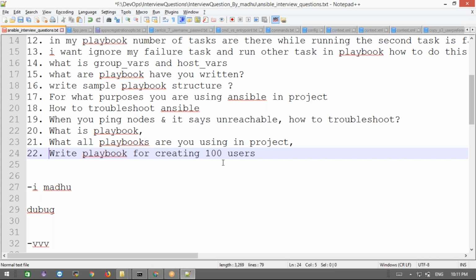Okay, write a playbook for creating 100 users. Now simple, you create the users based on a loop or anything. Mention with_items for the 100 usernames, put the 100 names in with_items and use item. Then give the user and permissions also. Same as how we create multiple files on the nodes using items and with_items, the same way we do it here. With 100 names in with_items, it will run 100 times and create the 100 users at a time on all the nodes. Clear? Simple.